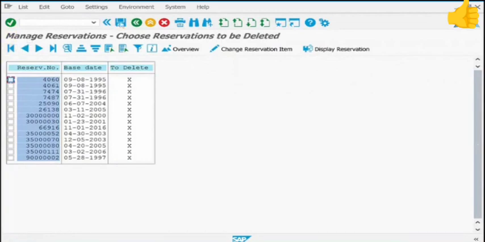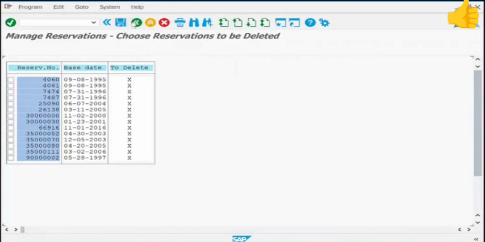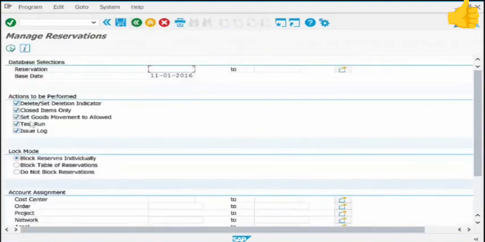You don't have to do anything. You just have to click save. That's it. Now, if you click save and go back, nothing will happen because it's a test run. If you delete the test run, okay, and hit execute,